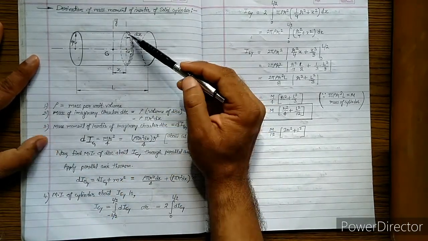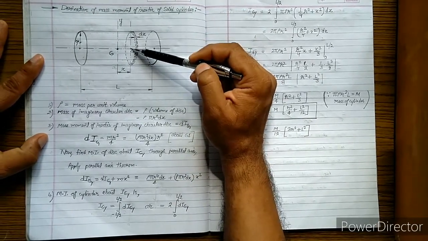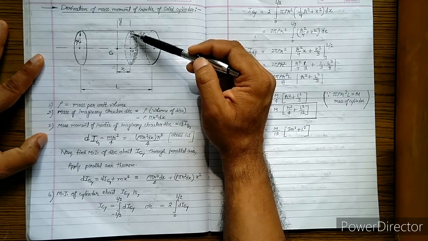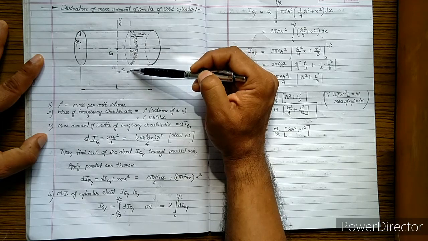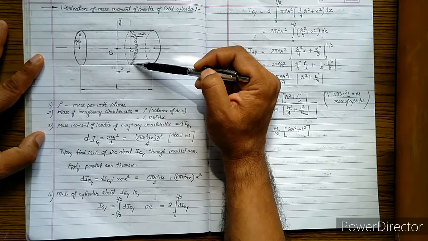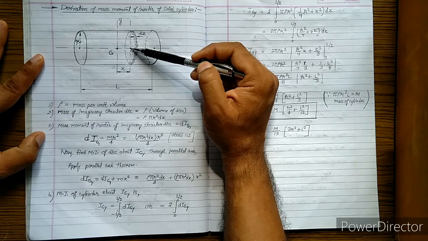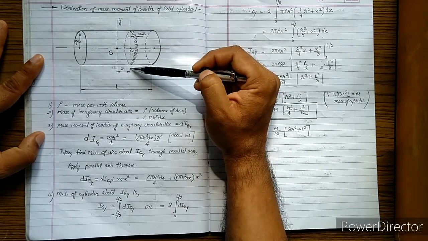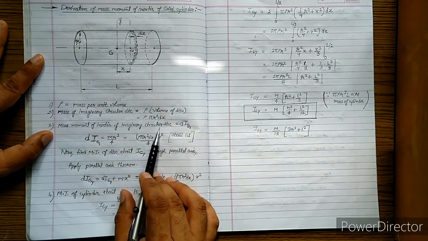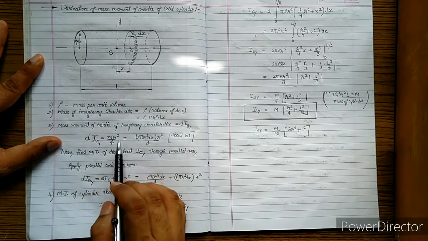Then we will find mass moment of inertia of this circular disc about its own center of gravity, that is denoted over here as g1, and that axis is passing through its center of gravity, but it is a vertical axis. So first of all, we will find mass moment of inertia of this circular disc about centroidal axis passing through its centroid, and it is a vertical axis. Fine. So that is denoted over here as mass moment of inertia of imaginary circular disc is denoted as dIg1. So this will be equal to what? This we have already covered.